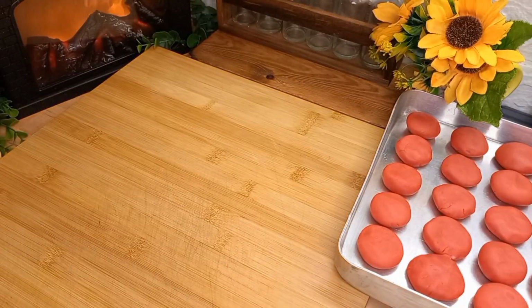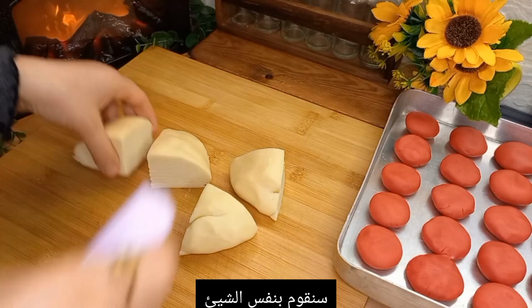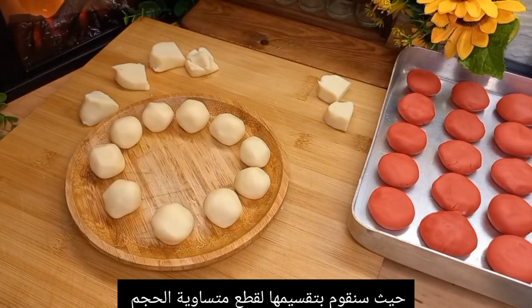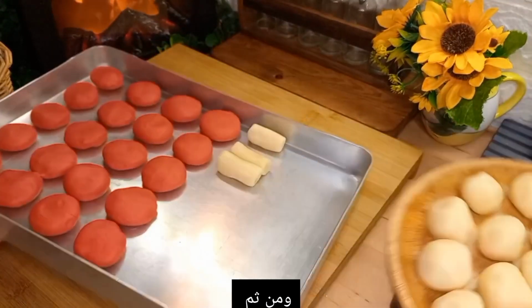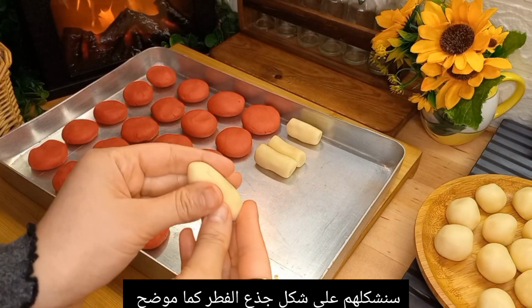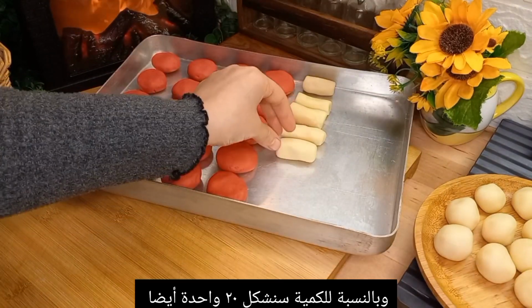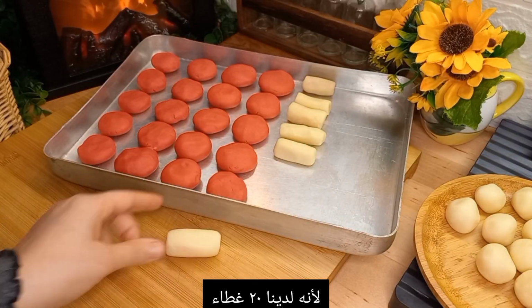them. And as for the white dough too, we're gonna do the same thing that we did with the red color dough. So we're gonna portion it into equal size balls of dough, and then we're gonna try to make them look like the stem of a mushroom in the way shown. So for the amount, we're gonna make about 20 of them too, because we have 20 caps and we need